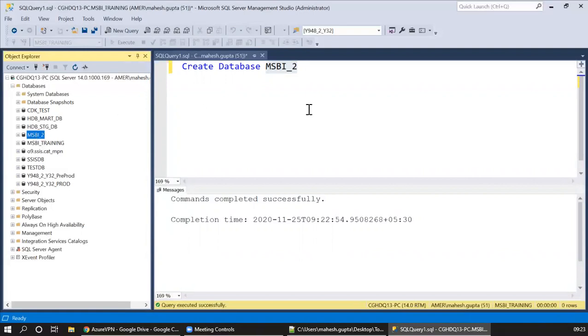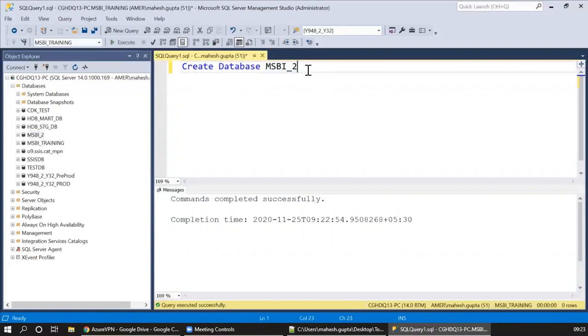Okay. Now this is like creating the database, graphical user interface, and using the command. Now there can be scenarios where you want to change the database name. So how will you do that? For creating something, you have to use create. For modifying something, in most cases we use alter. Okay, alter is a command.